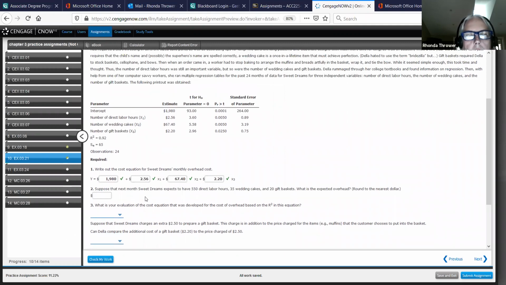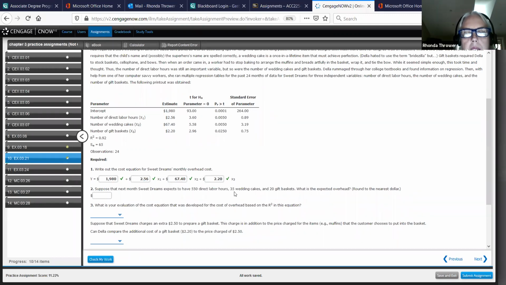And then in the next month, in part 2, they want you to suppose that next month Sweet Dreams expects to have 550 direct labor hours. So in variable cost number 1, you would take the $2.56 and multiply it by 550 direct labor hours. For the variable cost 2, you would take